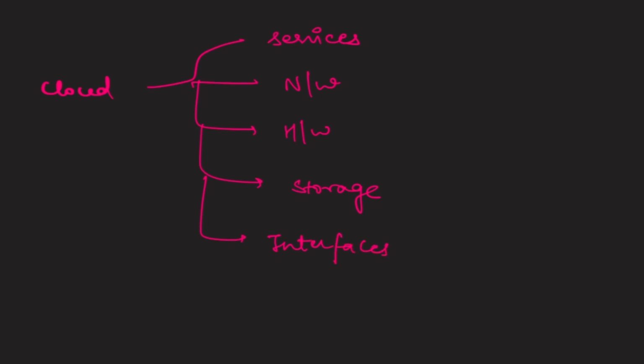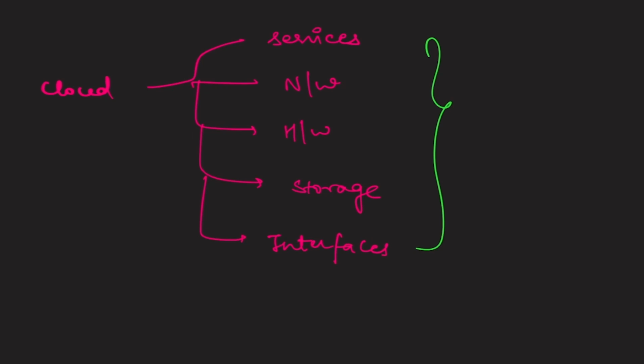So if somebody asks you what is a cloud, you should know cloud is a combination of all of these things. And why do we need this combination? Basically, this combination will be helping us in delivering computing as a service. Whenever we have to perform any computation, with the help of this, it is going to help us by providing a service corresponding to our request.